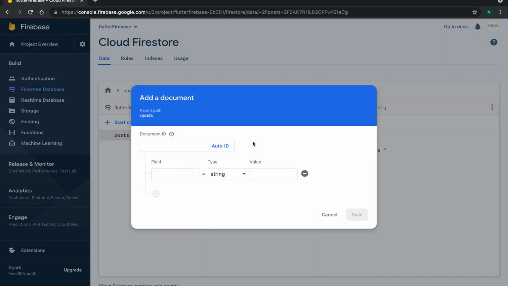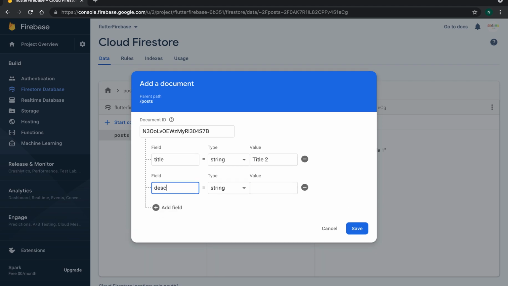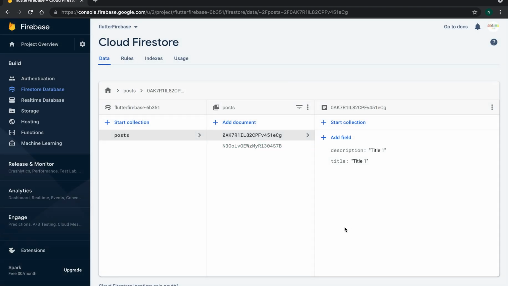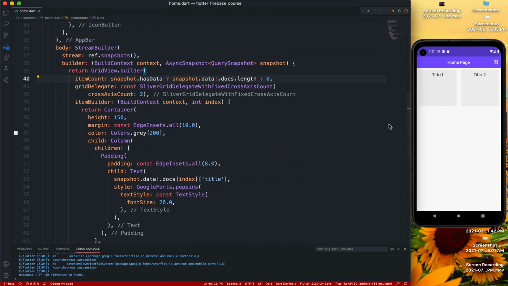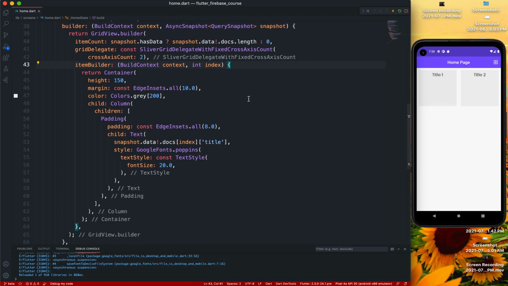If I make another document, 2, and maybe add a field called description, title 2. If we save, we added one, we get title 2 right there. Okay, now